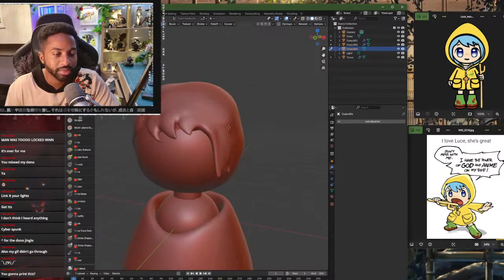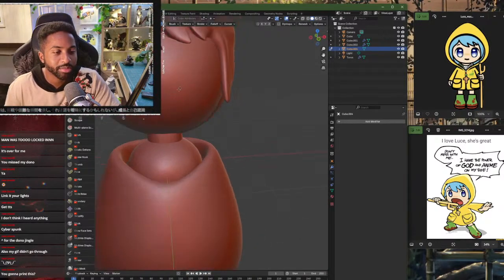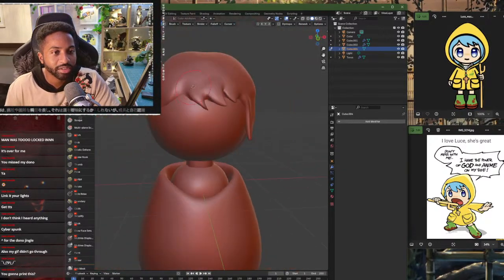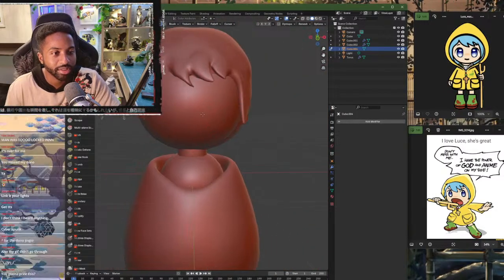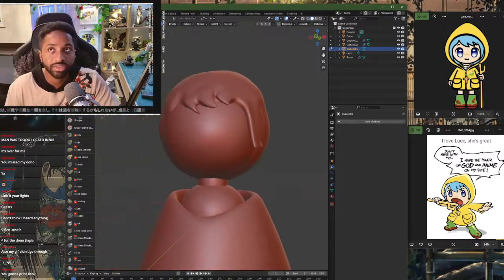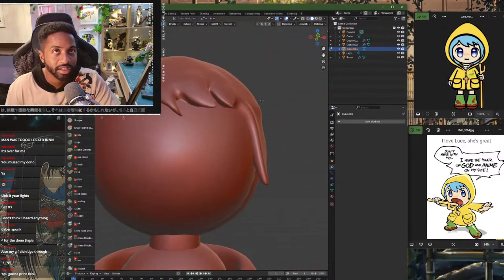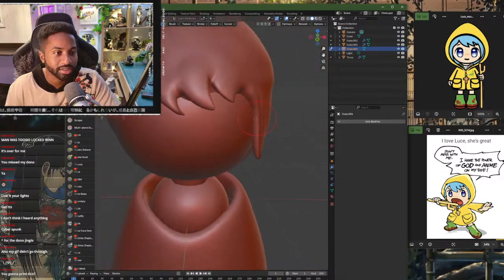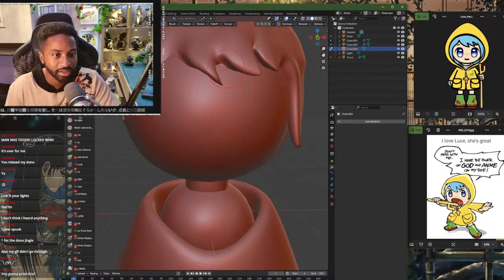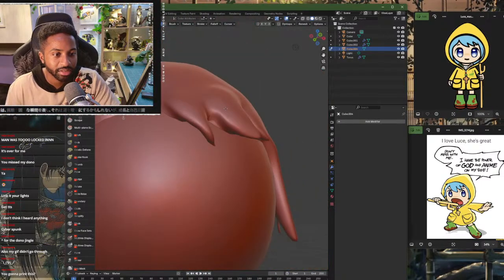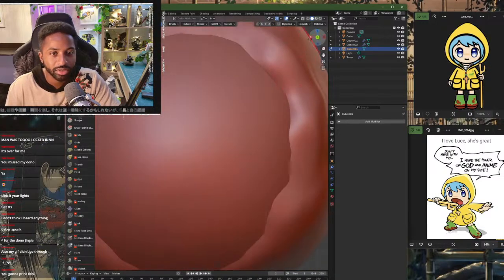So it is pretty far from done. I started quite late today, and I was fooling around with a bunch of settings, and I just didn't know where to start and what to do. So I've been going pretty slow on this. To be honest, I could have just added. Yeah, I might go a little bit faster here to speed it up so I can get to the print faster. But I figured that the hair would be an interesting experience to sculpt instead of normally you could just do something like,